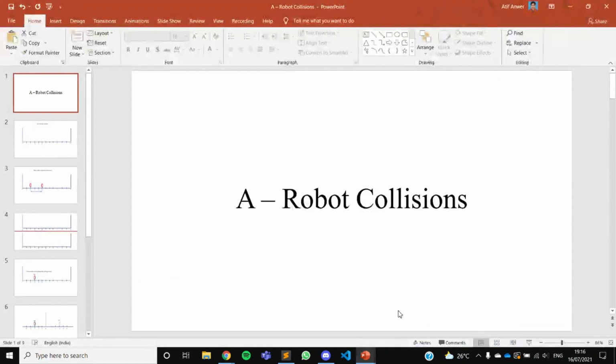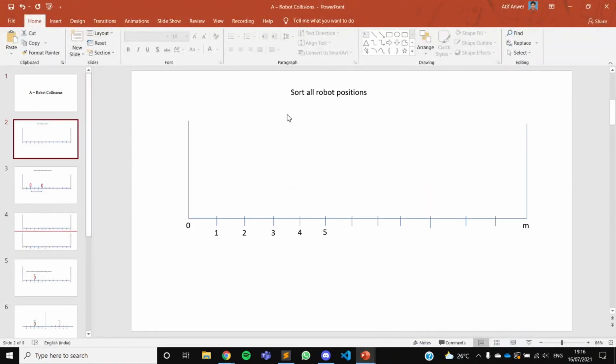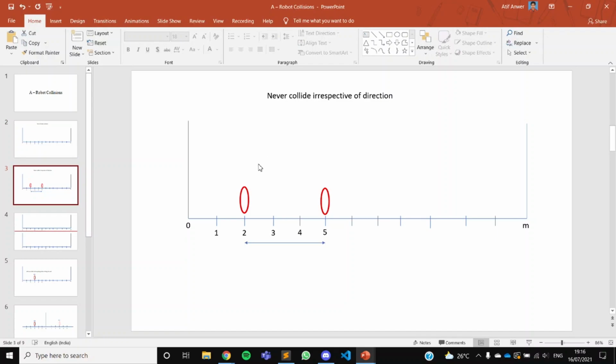So we'll make some observations first. First, we will sort the robot positions, because they'll be given in the random order. And then the first observation is that robots at even positions can only collide with each other, and robots with odd positions can collide with each other, but there will be no intercollision between even and odd position robots, because the distance between the two is what matters, and here the distance between the two will be odd, and since both move at the same speed 1 unit per second, the distance between those two will either increase, decrease, or remain the same, but it'll always be odd or even.